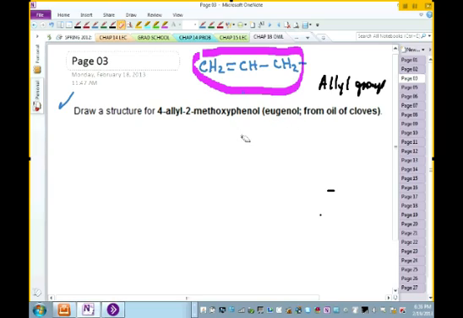Okay, this is the molecule they want us to write the structure for. Taking a look at this name here, what is the base name for this structure? Phenol. It's a phenol. Okay, very good. I think we all know what phenols are at this point. Now they said 4-allyl. So in the 4th position you have the allyl group, which is this here. The attachment is right here.